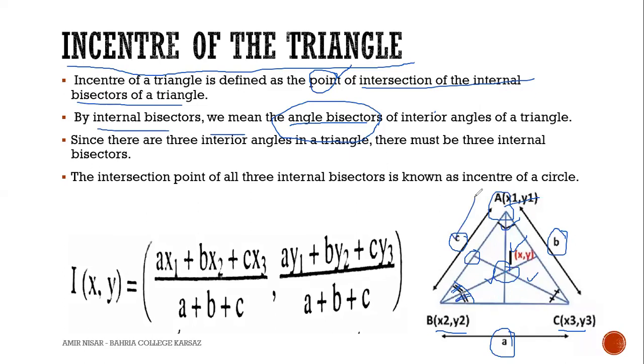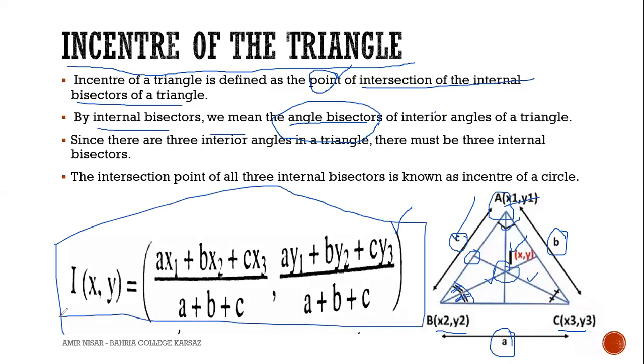After discussing this figure, we are going to discuss the internal division formula, which is an important point. All understand on this formula. We all know in center is a point, and the meaning of finding a point is to find out its x component and y component. X component is ax1 plus bx2 plus cx3 divided by a plus b plus c, and y component is ay1 plus by2 plus cy3 divided by a plus b plus c.